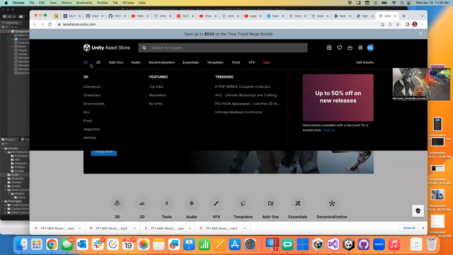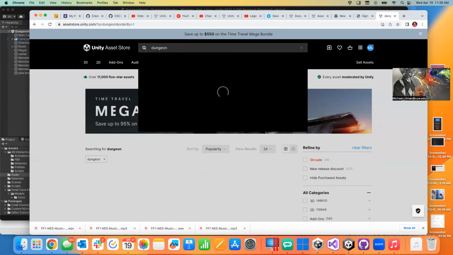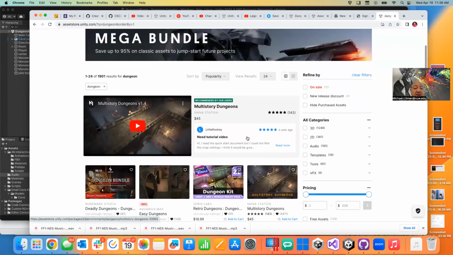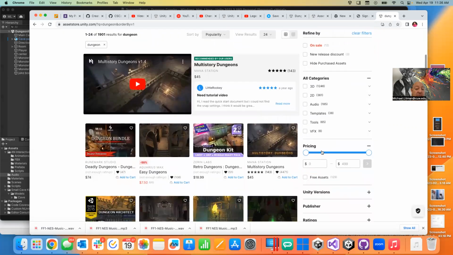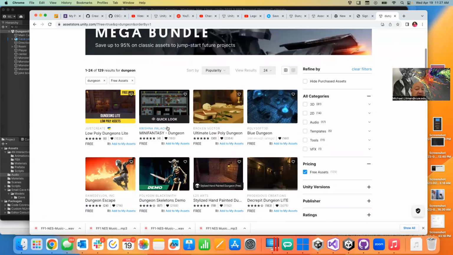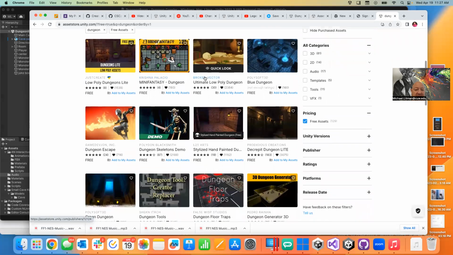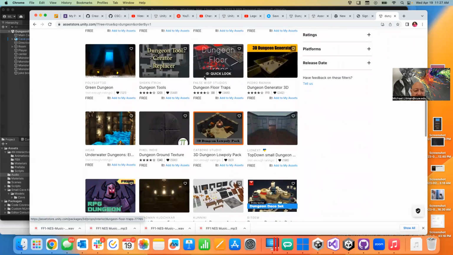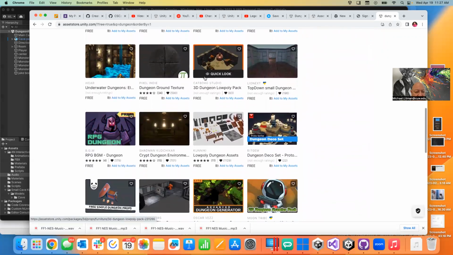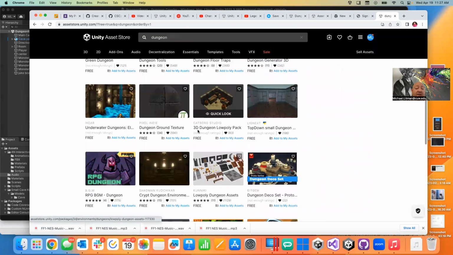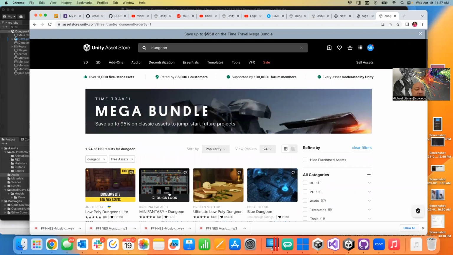But what I did is I went in here and, for instance, I was looking for like a dungeon thing. So I just did a search for dungeon. And it brings all of these things up here for dungeons. And under pricing, I just clicked on free asset. And now it shows me various free dungeon things. I just randomly picked, I don't know, it was going to show up in here. Actually, I might have already had that dungeon thing in my thing from years ago. Oh, here's like an RPG dungeon, you know. But in any case, once you pick something and it brings it into your project,